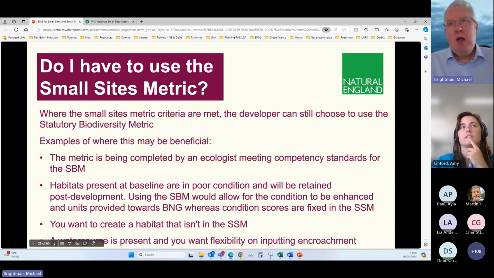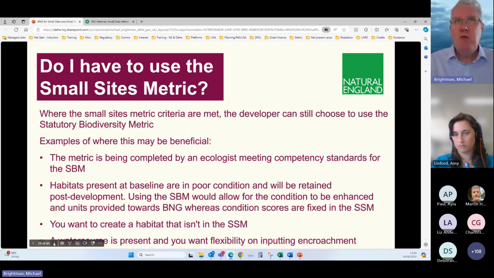Now, where a development meets all the requirements for using the small sites metric, it still has the option to use the main metric if they wish. And there's a couple of examples where it might be beneficial to a developer to use the statutory biodiversity metric. Firstly, where they're already employing an ecologist, and therefore that ecologist meets the competency standards for completing the statutory biodiversity